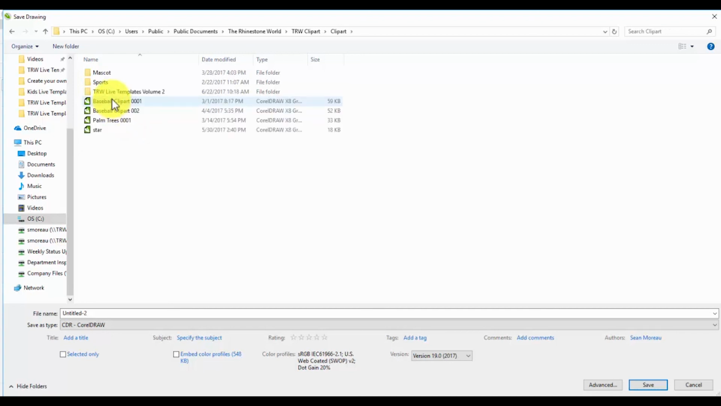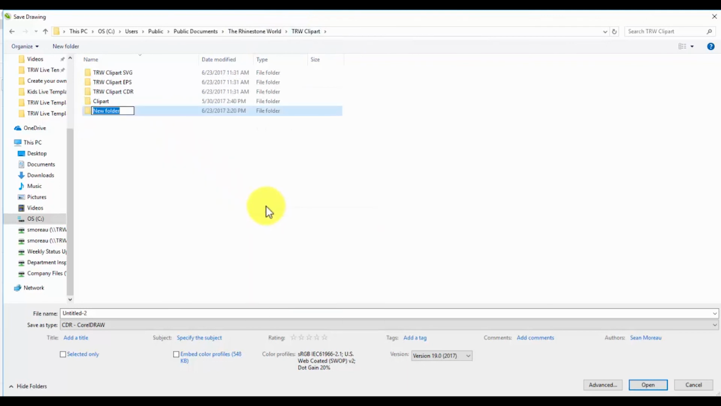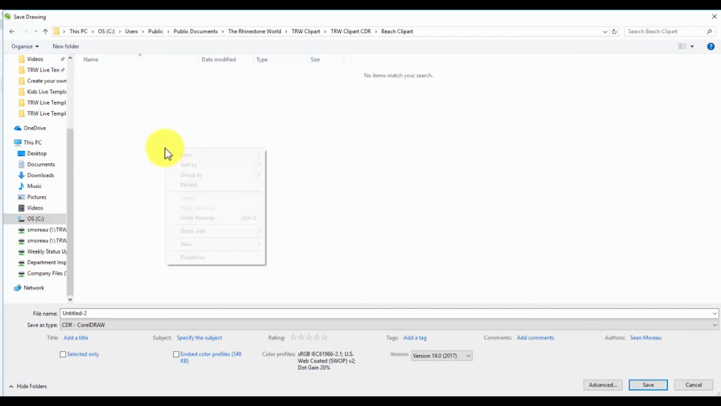So this clip art folder right here, you can see Mascot Sports. This is more of my clip art that I've created. So you can easily right click, add new folder, and really name this whatever you want. Or I can hit TRW clip art CDR. I have my CDRs here, and then I can go File New, and I could do Beach clip art. Go ahead and open that, and then I'll just save this as